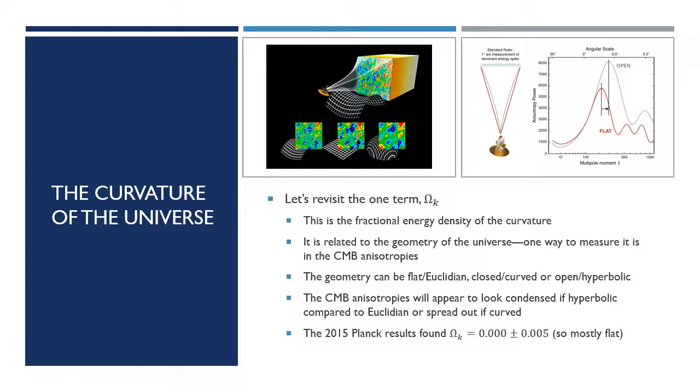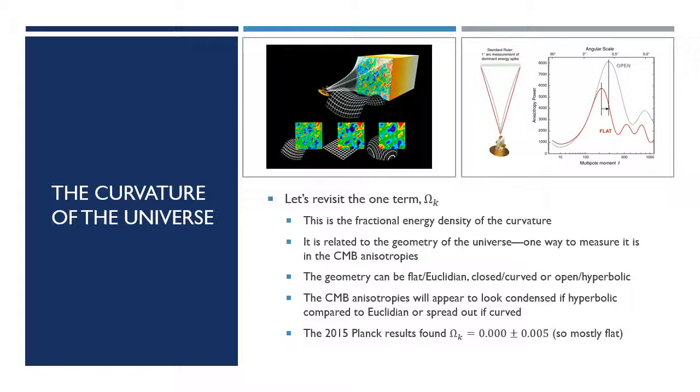And that could be true about our universe as a whole. There should be no reason as to why necessarily it has to be any one of these particular geometries. But it turns out that the type of geometry would have some really important impacts on how wide the spacing of the anisotropies would be in the cosmic microwave background. And so from measurements of that, it turns out that we can measure the overall fractional energy density of the curvature to be almost entirely flat, at least at present. And that leads into the so-called flatness problem that we'll talk about whenever we get to inflation. But it's an interesting result.